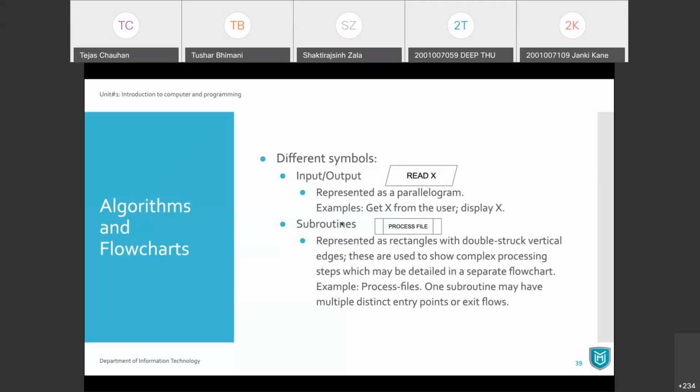A subroutine is, let's say, defined in a separate algorithm. A bunch of steps need to be performed, and those steps are defined in a separate algorithm or a separate flowchart. Then you can have this kind of a rectangle having double-sided borders, left and right, and inside that you can say process file, or process some data, and so on. So that is the subroutine example or the symbol.